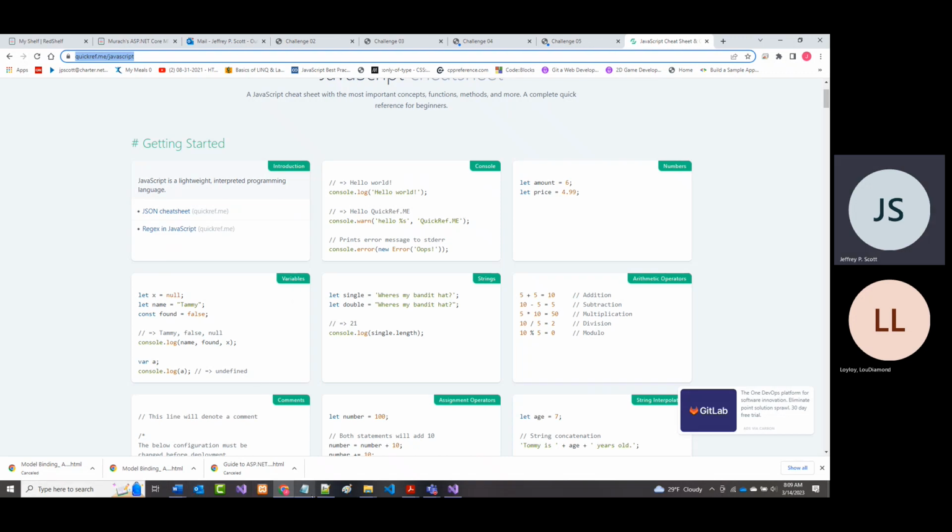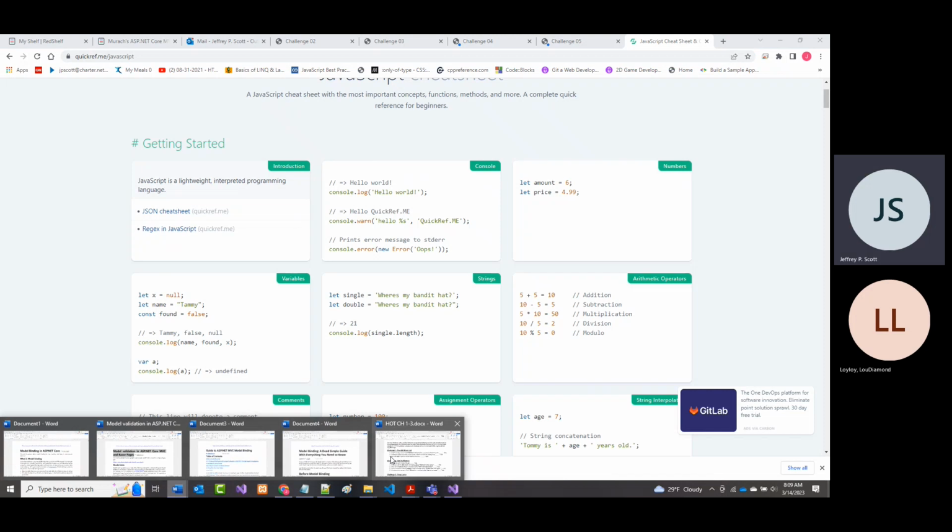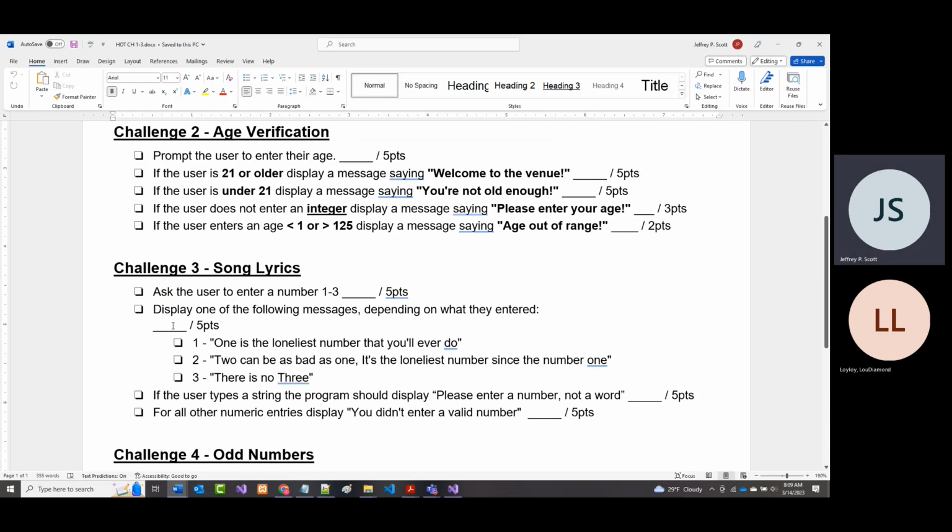The second one is an age verification thing. You ask the user to enter their age and they can put in one of 4 things. They can put in a valid age, which is between 1 and 125. If they put in a number of 21 or more, it says welcome to the venue. Between 1 and 20, it says you're not old enough. If you put in something non-numeric, it says please enter your age. And if you put in a negative number or 0 or a number greater than 125, it says age out of range. So if we look quickly at that one,